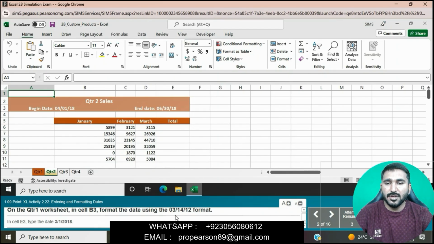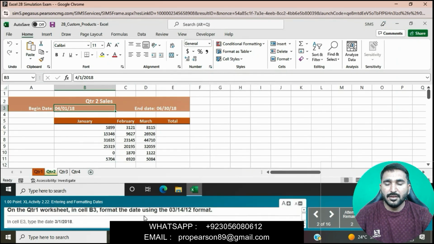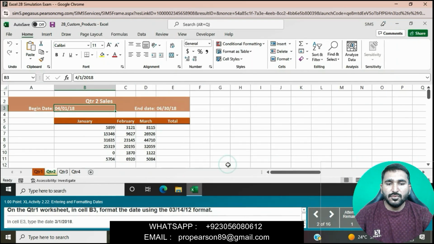We will simply go to the QTR1 worksheet and then click on cell B3. Go to the Home tab, to the Number group, and then apply more number formats.